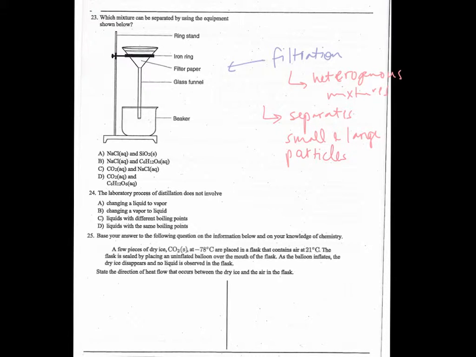Okay, so if you think back to the lab, we were separating sand and salt water. The sand, being the larger particle, got stuck here. So big gets stuck here in the filter paper, whereas a small one gets filtered through. Salt water happens to be NaCl aqueous, so that's a good example to look at. Now looking at these examples,